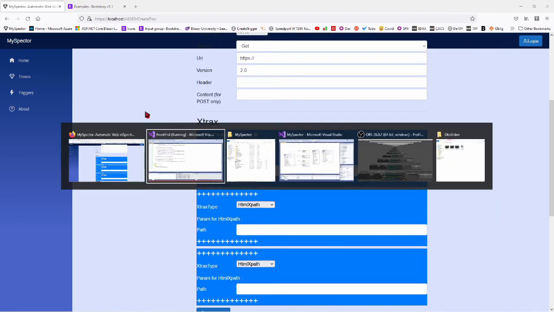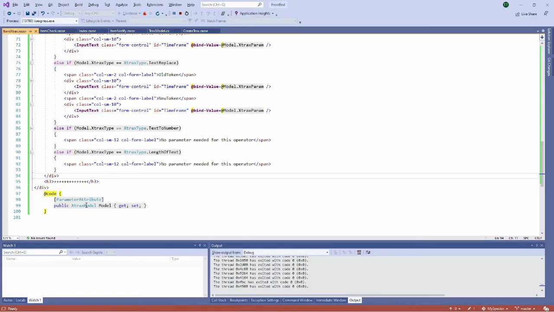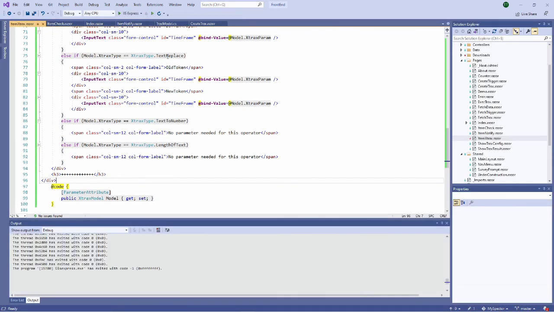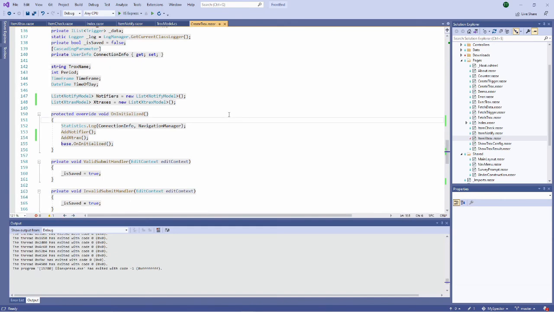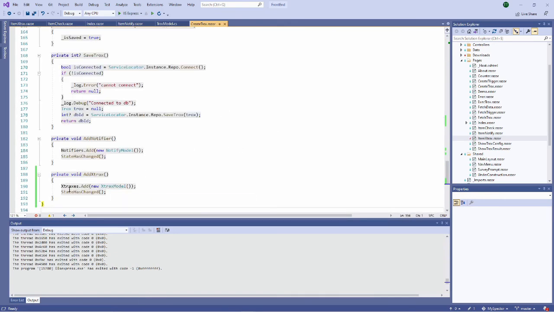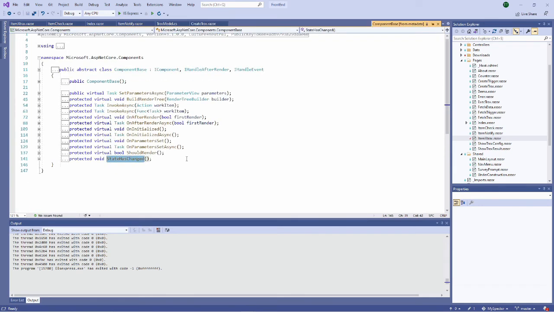We also saw how to expose the model property as a public property with the parameter attribute. This is a standard. And the last thing I didn't speak about is that every add triggers StateHasChanged, which is a method internal to the Blazor framework to say, I want to update the UI. This is a part of the component base class.